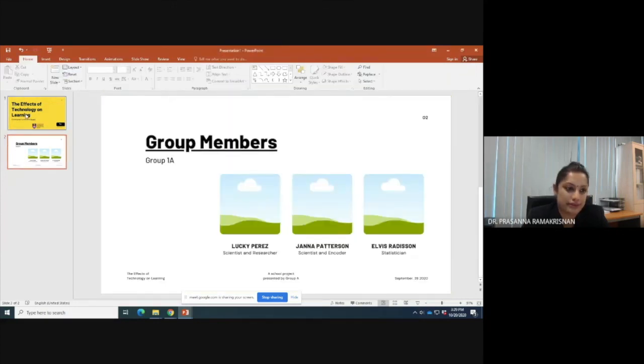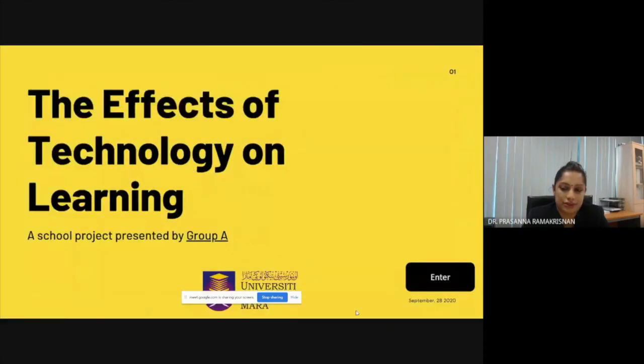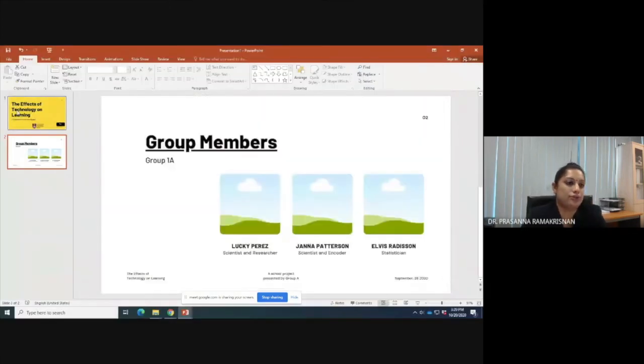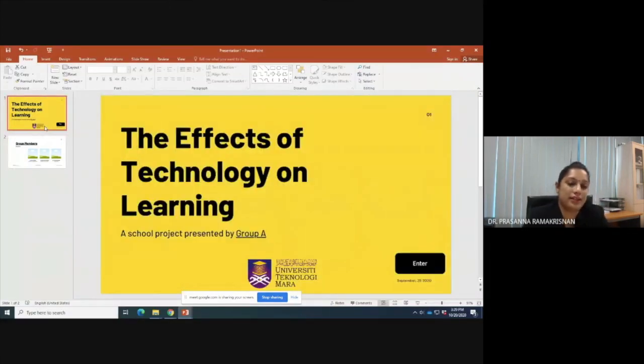So when you present, it looks nice. You can enter. So you can also do this. You can have a lot of slides that you bring in from Canva, and then you can have nice buttons inside, and you can navigate inside your PowerPoint, and it looks very nice. So you can also do this. Maybe a lot of you are not aware, but this is what you can do.